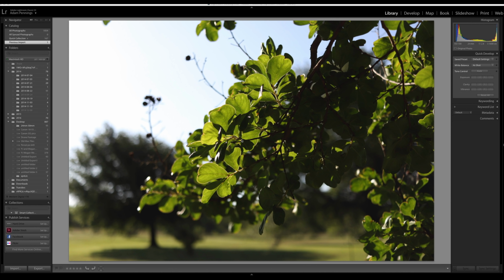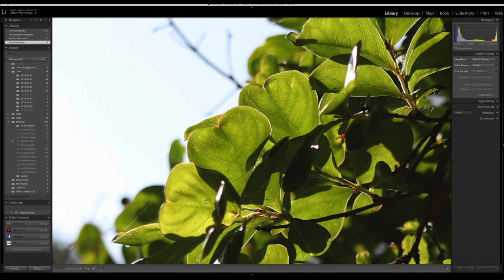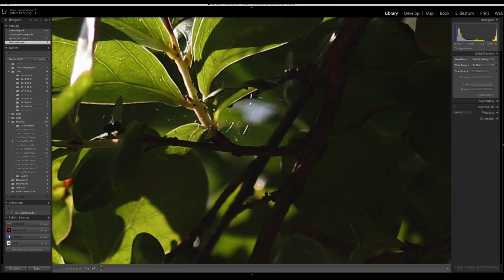Now here's pretty much the same picture, but shot with the 24mm lens. The aperture that we were using here was f2.8. Then we're going to zoom into the leaf right here, and we can see it doesn't seem to be quite as sharp as the 50mm did, but we definitely can see some really nice detail here in the spider web